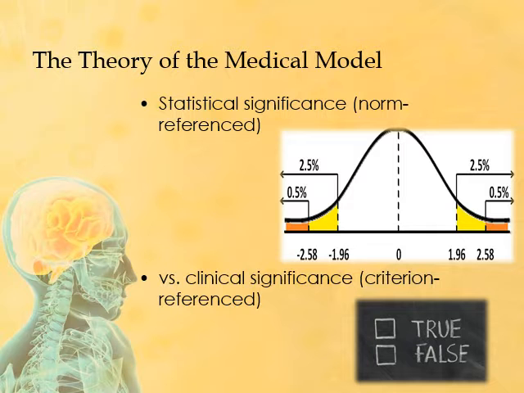Like, for example, bipolar disorder has an incidence of 1% in the general population, meaning about 1% of people are diagnosed with bipolar disorder, whereas if you look at ADHD in children and adolescents, it's about 8%, meaning about 8 out of 100 people are diagnosed with ADHD in the general population. So you can see there that our 5% rule doesn't really apply,